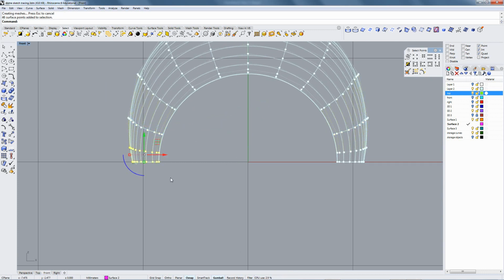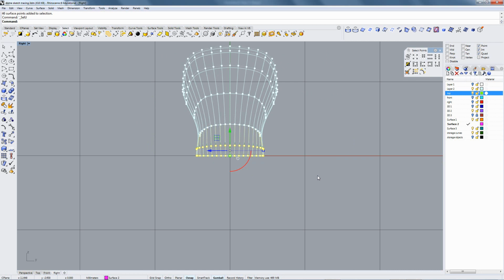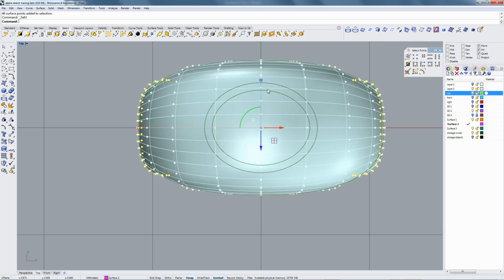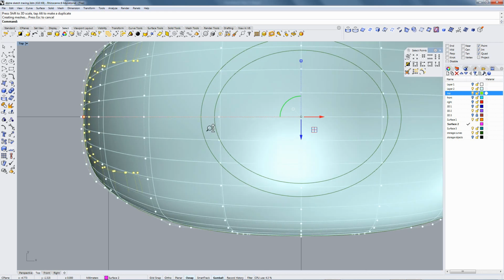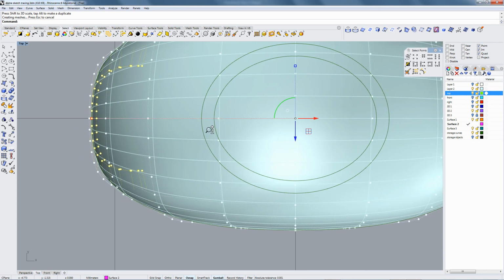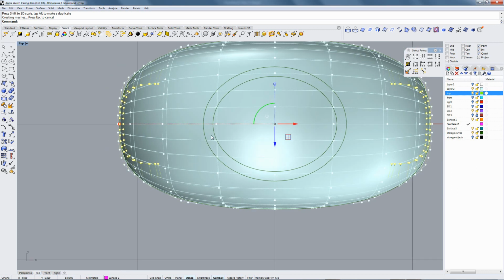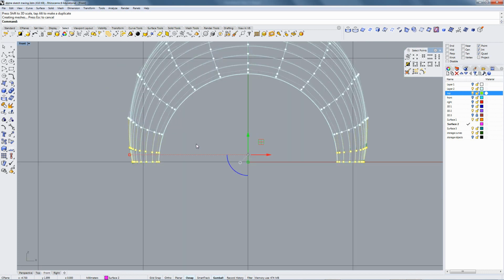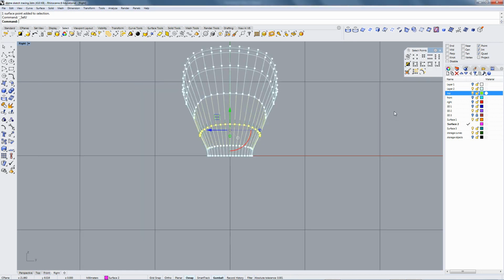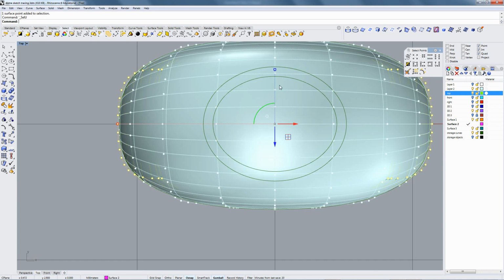And now I'm going to grab the bottom two rows. I actually hit this button just to make sure they were all selected, because if I leave one point out, I will have a problem. And see, I pulled those in a long ways just to kind of get them out of the way, because I'm not getting enough information visible to me in the top view to make sure that I'm